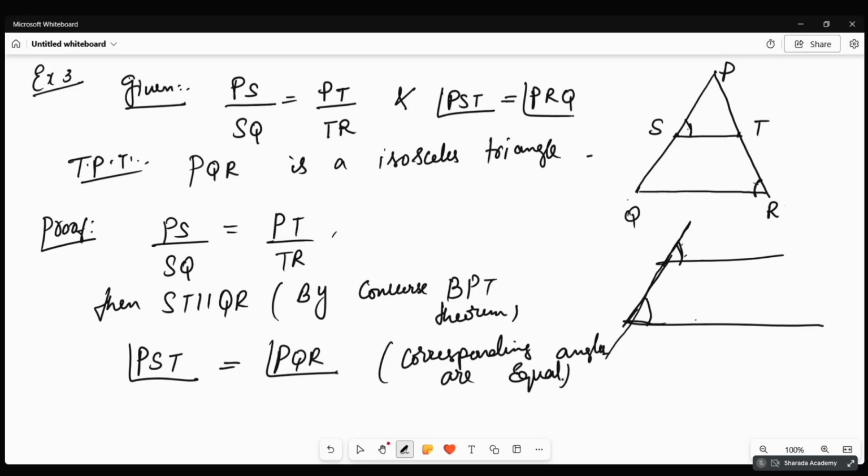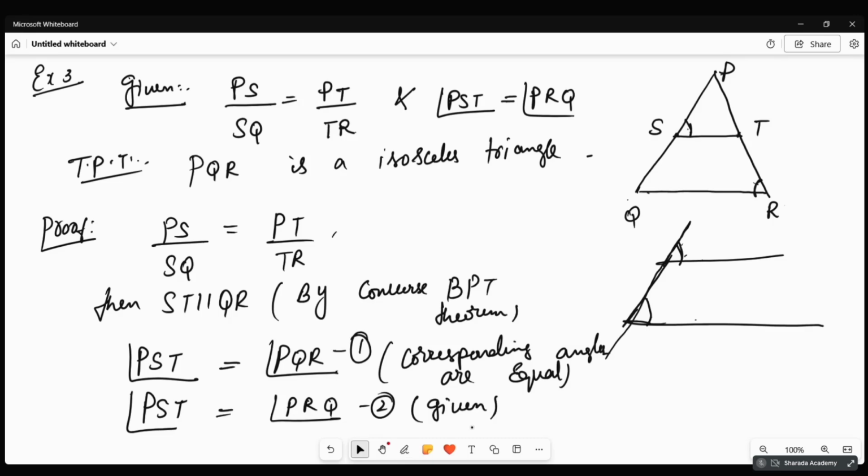Since two lines are parallel, corresponding angles will be equal. So this angle will be equal to this angle, that is angle PST is equal to angle PQR. This I will call equation 1. But we also know that PST is also equal to PRQ. This I'll take as 2. This is given. So these two angles are equal and these are equal now. So from 1 and 2,